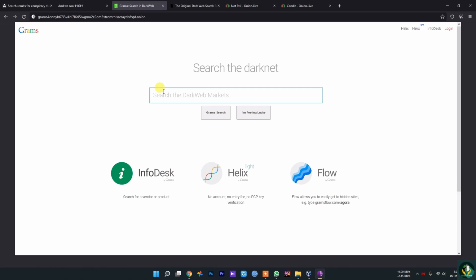So let's try and search for something that you would expect to be sold on a dark web market. The popular one is cannabis. So let's search this, cannabis.